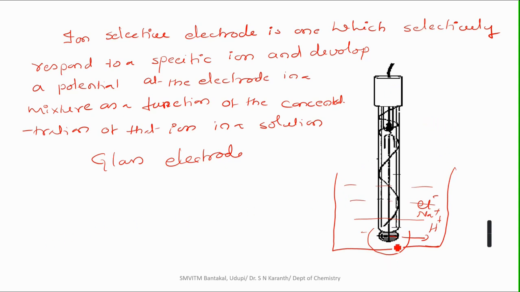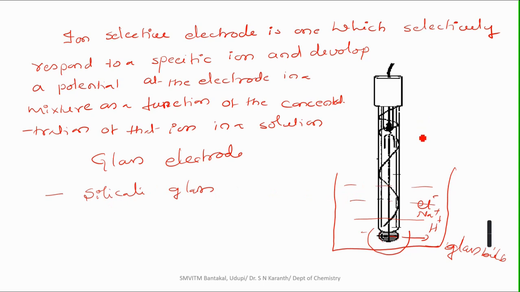So this is the picture I have shown. It is a glass electrode. Okay, this glass electrode consists of a thin walled glass bulb. And here in the glass electrode, we observe a thin walled glass. It consists of a glass bulb, and this glass bulb is made up of a special type of glass with high electrical conductance. Usually, in the case of glass electrode, we use silicate glass, specially selected for the purpose of acting as a glass membrane.